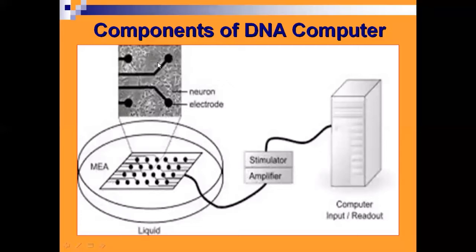And you see that this is the CPU, the main component of the DNA computer. From there, after processing, input is given. After processing in the motherboard, output comes here. That will be amplified by an amplifier or a stimulator, and it goes outside, or it can be stored in the computer itself. So input is given, and the output readout will come. That will be stored on a disk, or you can take it as an output also. So these are all the components of a DNA computer: motherboard, amplifier, stimulator, and CPU unit. This is the box, the DNA computer box.